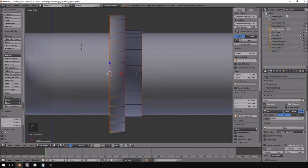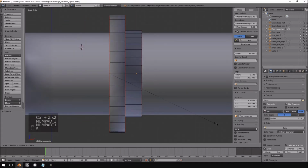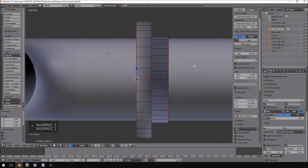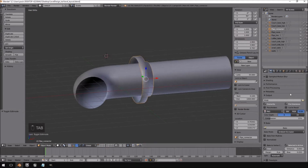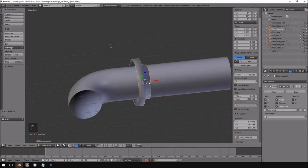And we're going to make it smaller. We're going to hit E to extrude, S to scale in one time, and then, okay. Maybe that was a little bit too much, so let's just scale in. I just want a little bit of scaling. And then I'm going to hit E to extrude again, and then just bring it out a little bit like that. Then I'm going to select my object, go into the modifiers tab, and add a mirror modifier,